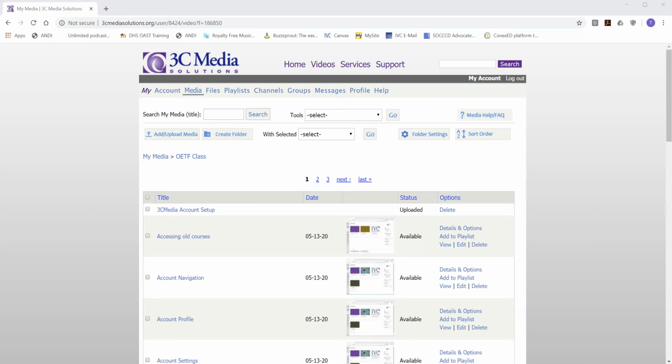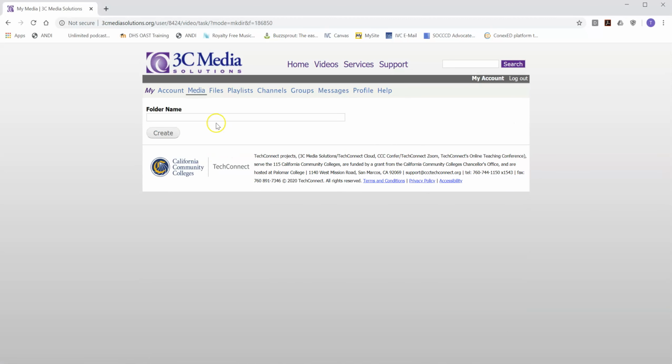In 3C Media, you will find sometimes that you get a lot of videos all crammed into one folder. So you might want to organize by adding additional folders. So what you do is you go into the folder or the location where those videos are and create folder,